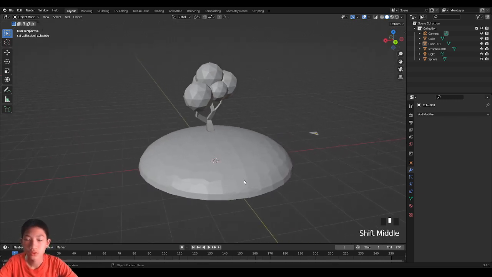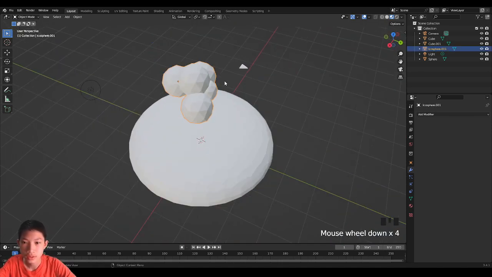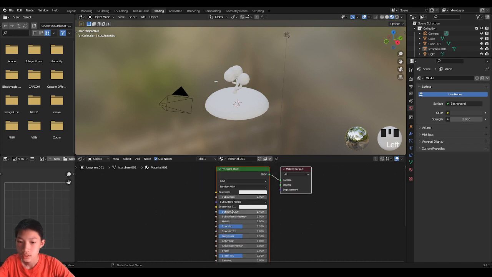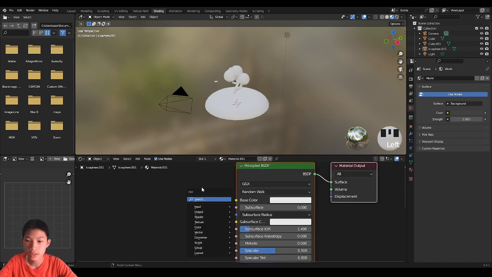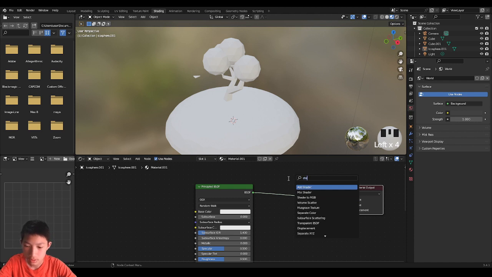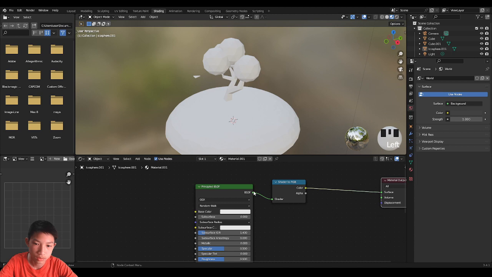Okay, so now let's add the materials. So let's go to material preview, select this one, the leaves, press new, and now we're gonna go to the shading to do the cell shading. So this is actually a very simple process. We're just gonna move this over here, add a shader to RGB,